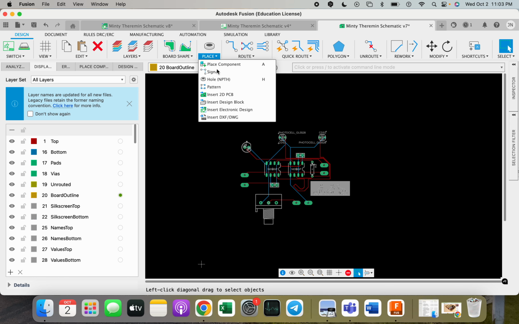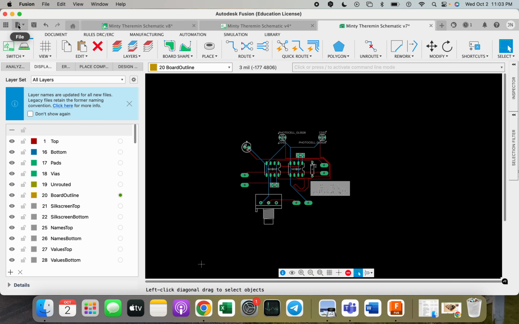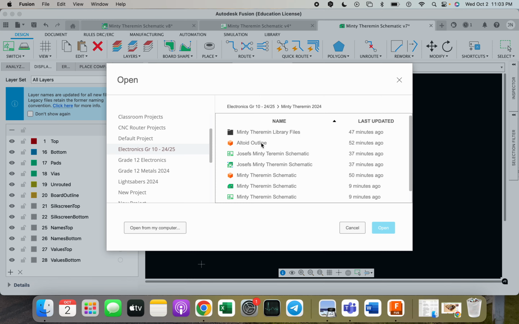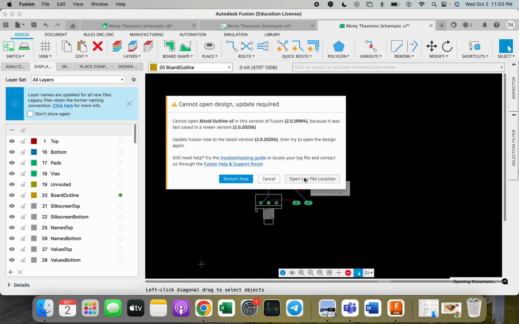And to do that, I'm going to place a DXF. And you'll have to create this DXF. You will see that in my Minty Theremin, I don't have it here. So what I'm going to need to do is open up my pre-drawn Altoid outline. And this is something you'll have to do. You'll just create a new regular